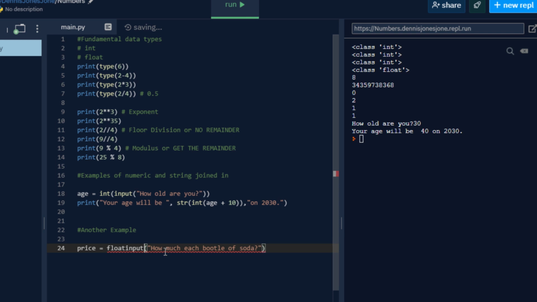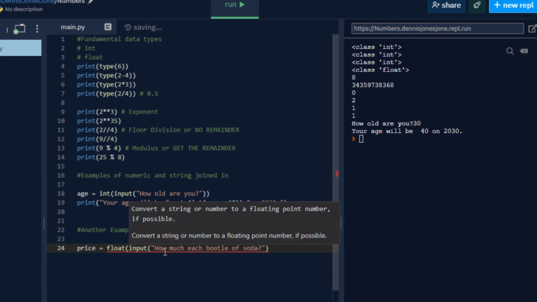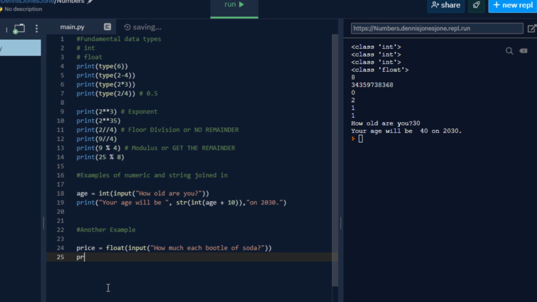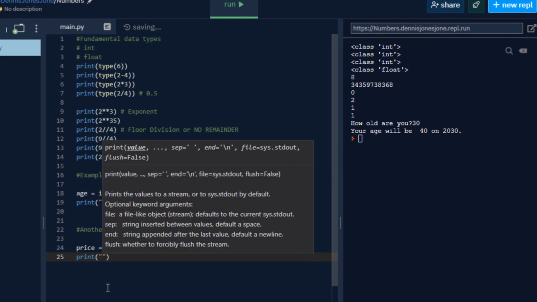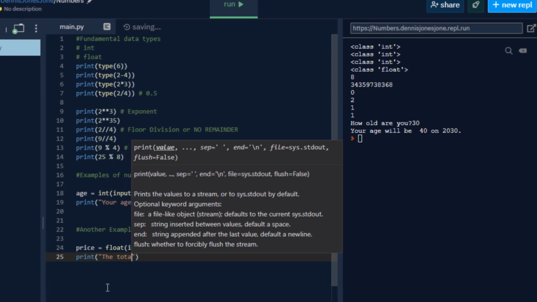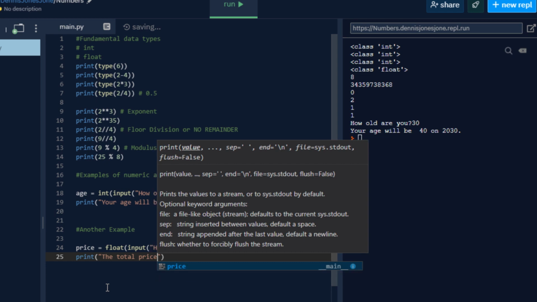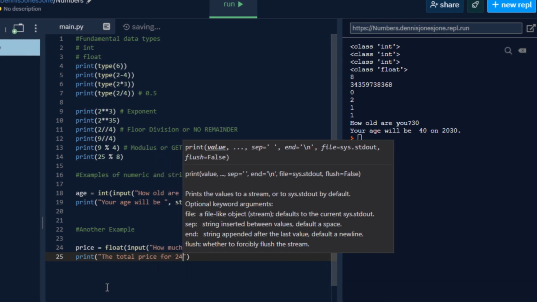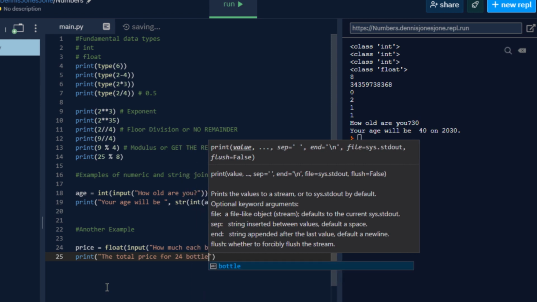I think I missed the input here, so I'm going to write the input and then open, and then close it. Make sure to double check the closing and the opening. So print, and then "the total price for, let's say, 24 bottles"